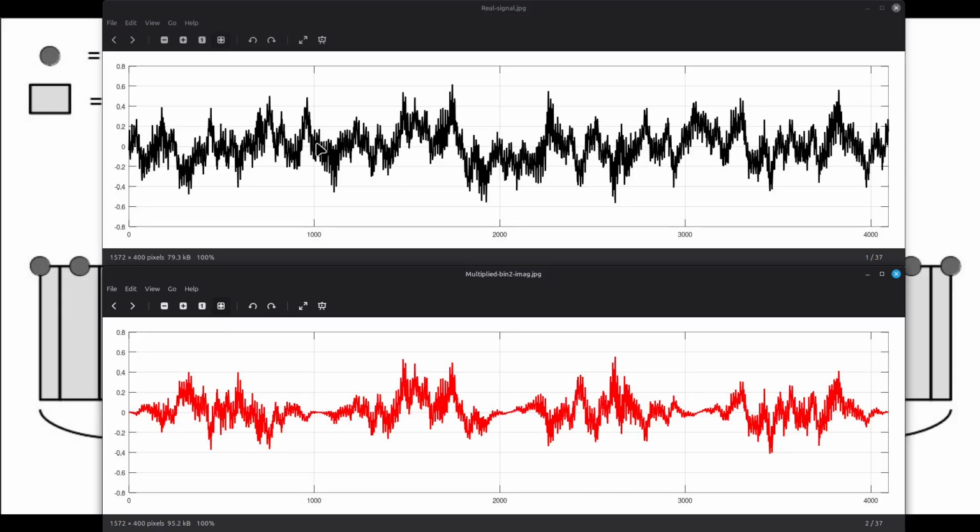Bin 0, that's the DC component again. We're just calculating the average effectively for that first bin, but all of the others will have a real part and an imaginary part, which you can also think of as having a magnitude and a phase. They're equivalent ways, just different ways to say the exact same thing. You can either think of it as real and imaginary, or magnitude and phase.